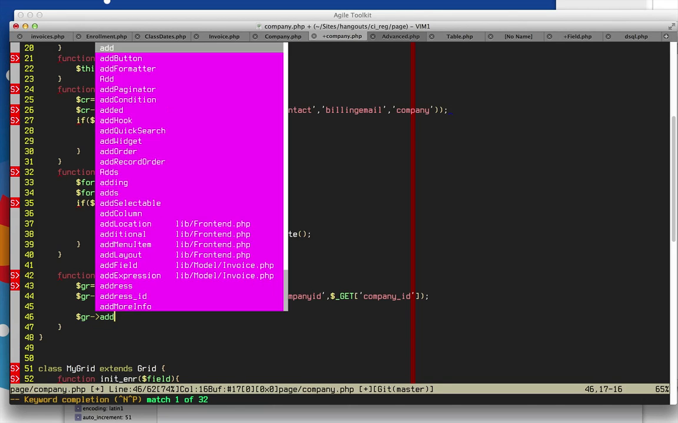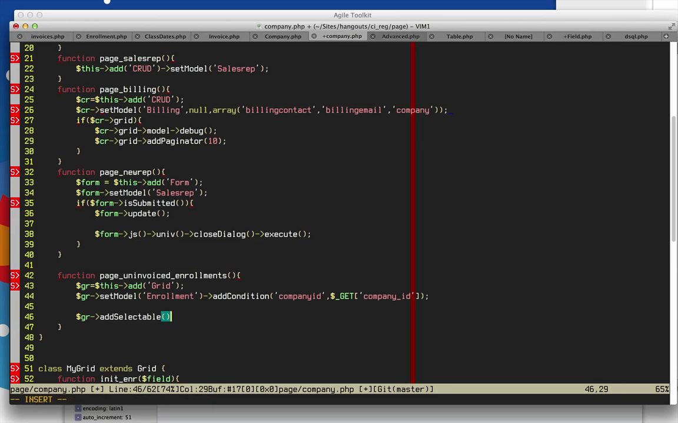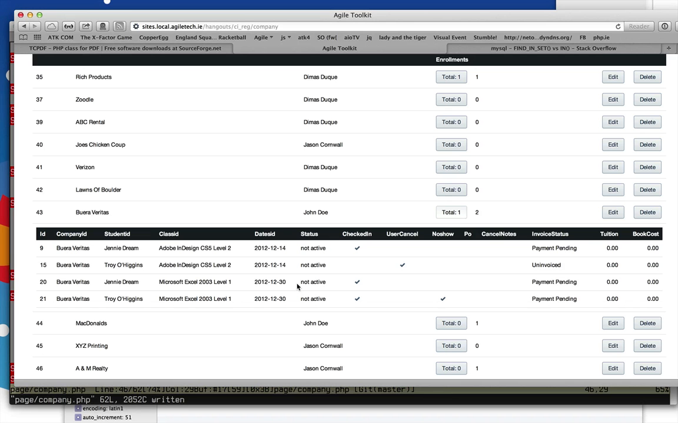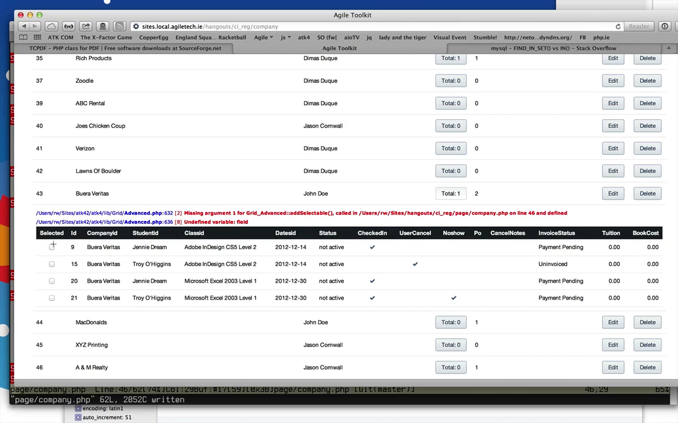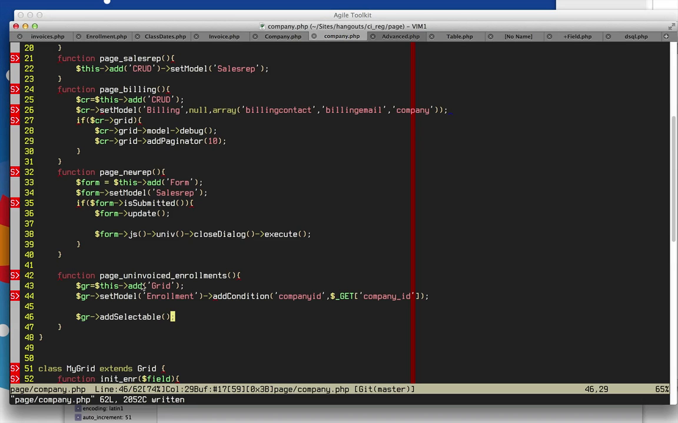Was it add selectable? Okay, let's see what happens now. Maybe it's going to be an error. Yeah, there's an error, but it added the checkbox, and I can use the mouse to select as many as I want. So the method here, add selectable, is basically a handy wrapper to jQuery UI's selectable